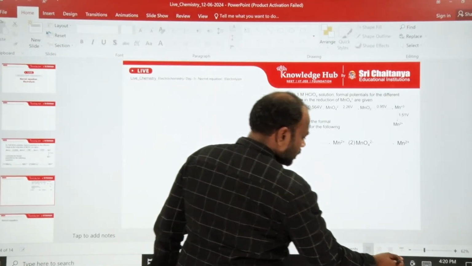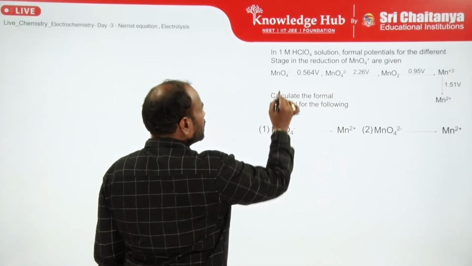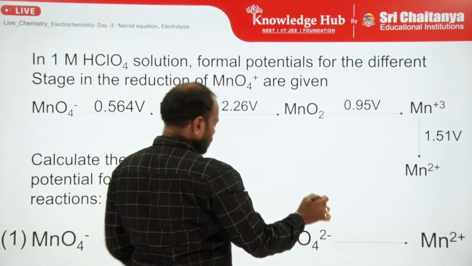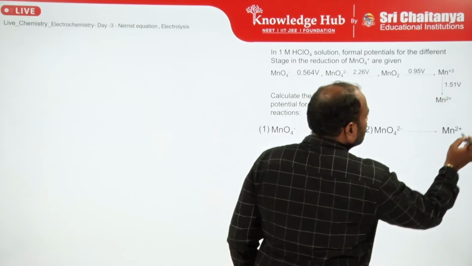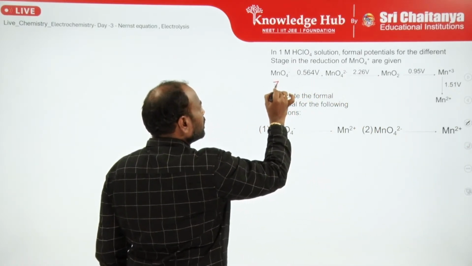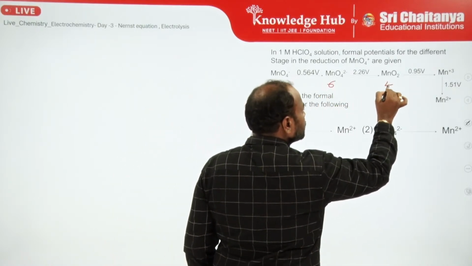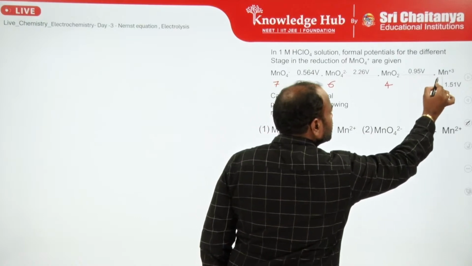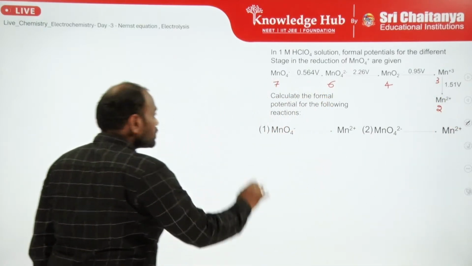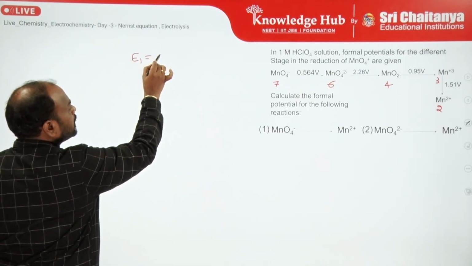See, here just now we calculated. What is the oxidation number here? 7. Here the oxidation number is 6. Here the oxidation number is 4. And here it is 3. Here the oxidation number is 2. And one more value, the E1 value. What is the E1? That is equal to